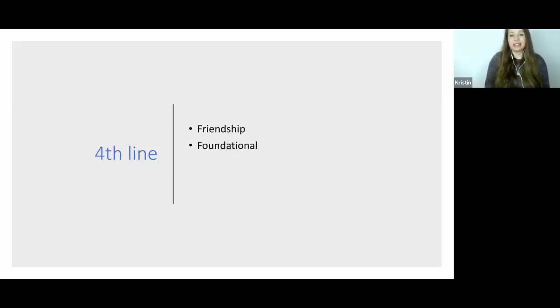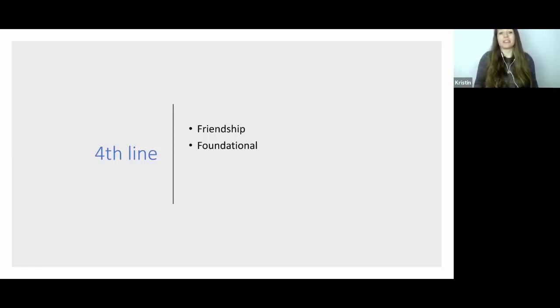The fourth line relationship is friendship. This is a great line for friendship. And even after the fourth line breaks up with some of their exes, they can remain friends. You know, they actually are designed to do that, especially if their ex is a fourth line, okay? And the fourth line profile, the way that it bonds, is you have to be friends with it first. If you just rush into a relationship with a fourth line profile, it's not going to last.